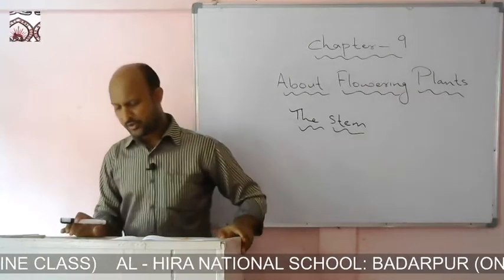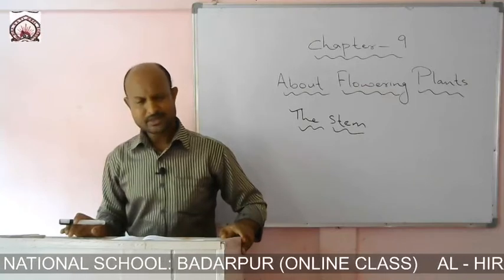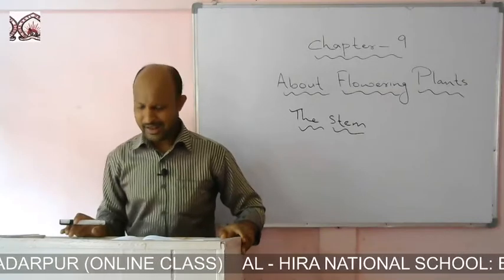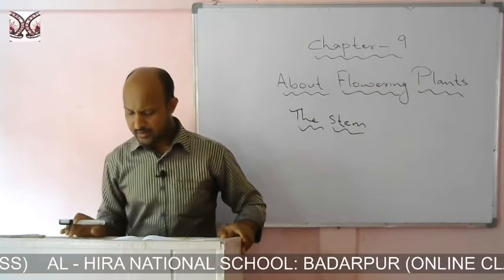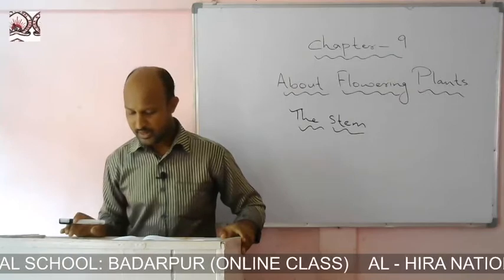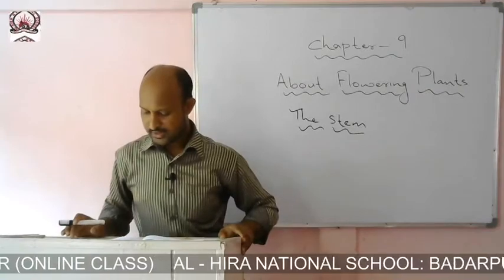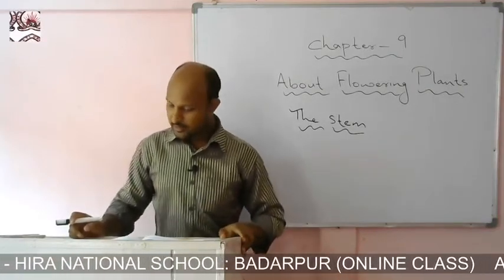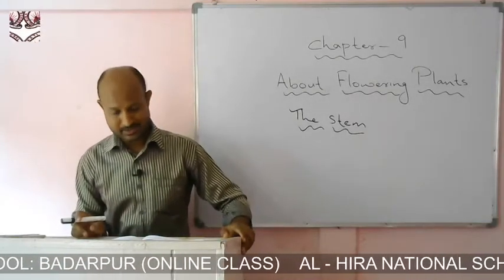If you look at the stem, you can notice the picture, figure 9.7. You can notice a plant which is able to stand erect because of the stem. And here you can see there are small nodes coming out from the stem, and the portion of the stem between any two nodes is called the internode. The smaller angle between the stalk of the leaf and the stem is called the axil. If you look carefully, you will notice buds in the axils. Branches grow out from these buds, and the buds